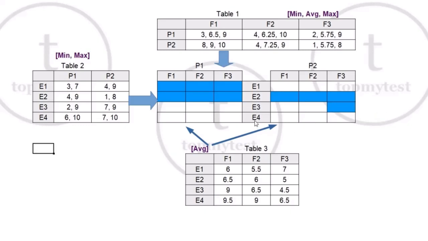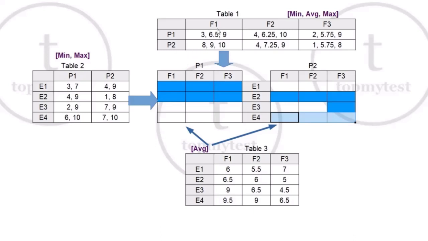Now, if you have had some experience of solving all these optimization based sort of problems, it's usually the easiest to start with either the lowest or the highest values in the table. Now we know the lowest score is 1, the highest score is 10. Right, so let's start with the highest. So there is a 10 here, there's a 10 here, there's a 10 here. So let's try to fix where the 10 might actually come up. Now, what does it say? Now, table 2 says E4 has given between 6 to 10 for P1, right, and between 7 to 10 for P2, right.